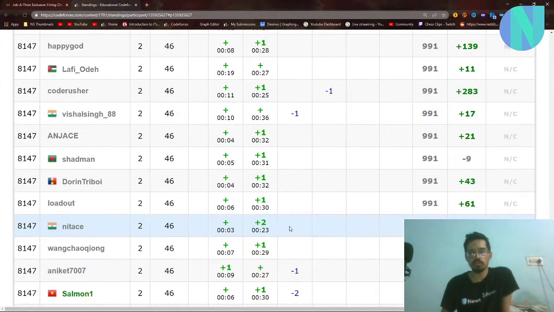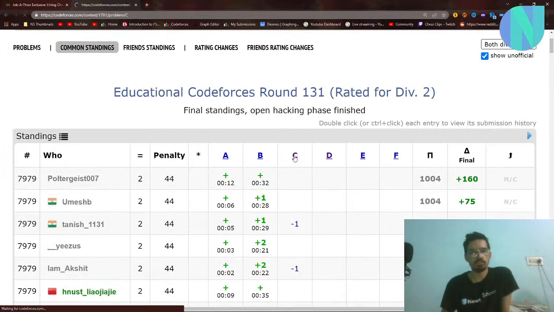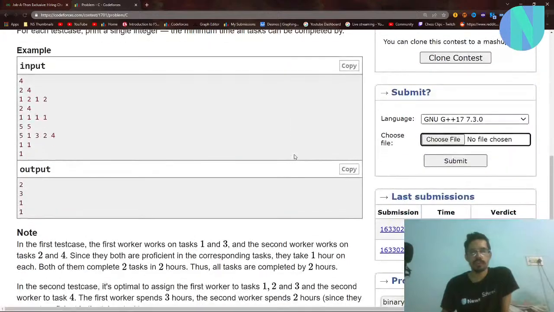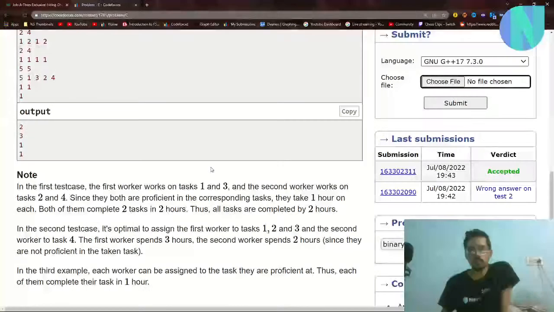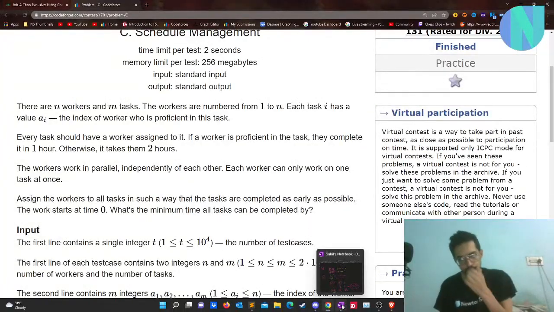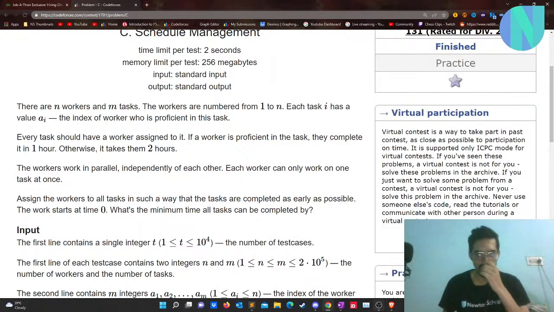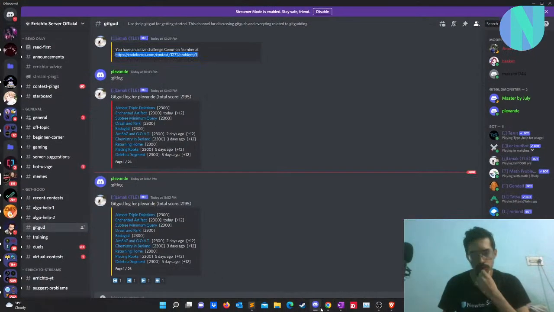Also, you are not trying to solve the third problem. At least try to submit something. The third problem is not that hard in the following contest. At least try to implement greedy or something. At least try to submit something. The problem is not that hard. So you should give some more VCs, I think, to work on this.